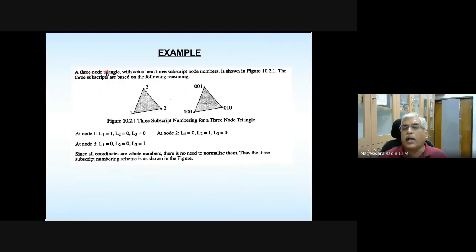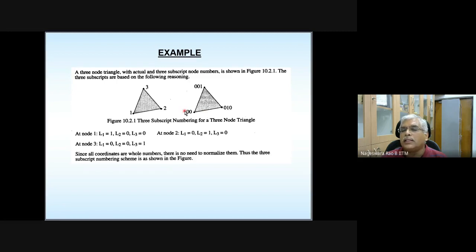A three-node triangle with actual and 3 subscript numbering is shown here. 3 subscript numbering is nothing but L1, L2, L3 written in this fashion. Okay, so this is the 3 numbering subscript. Any questions here? Once you get this 3 numbering subscript, now if you want to derive the shape function expressions for this node,